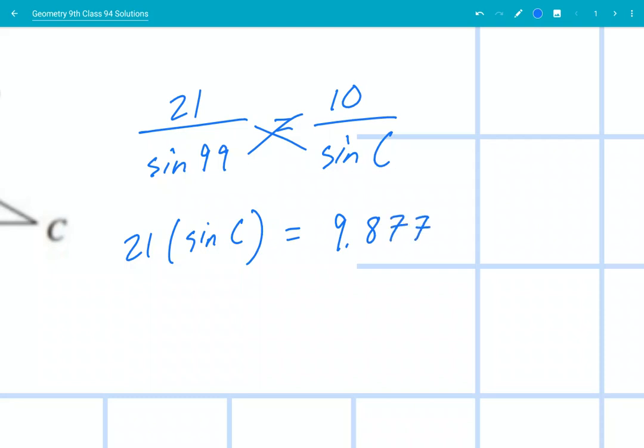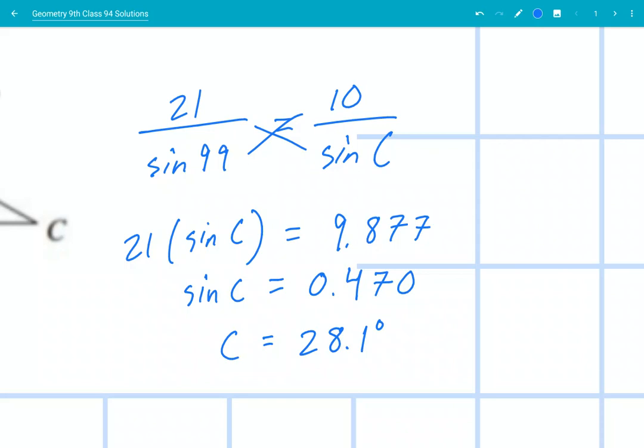Divide both sides by 21, you get sine of C equals 9.877 divided by 21, you get 0.470. Last step, inverse sine. We get the angle C is equal to the inverse sine of 0.470. We get 28.05558, so rounded 28.1